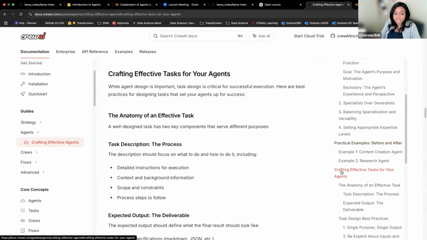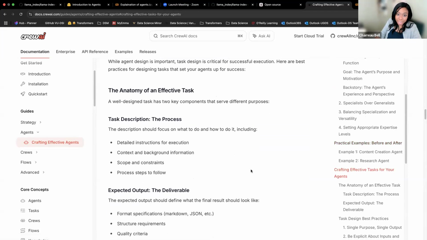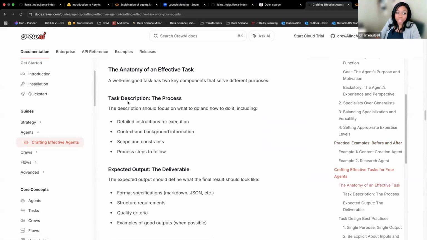Again, we have tasks where we want to spend a lot of our time. We want to define what the task is. We want to describe it really well. So like this, if you are just trying to write this task for something like GPT-4o, you might want to write something similar to how you would write it for that. But make sure that you are providing really good detailed instructions.